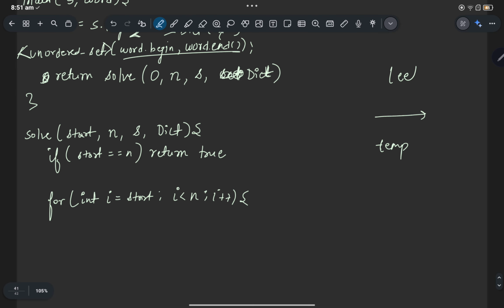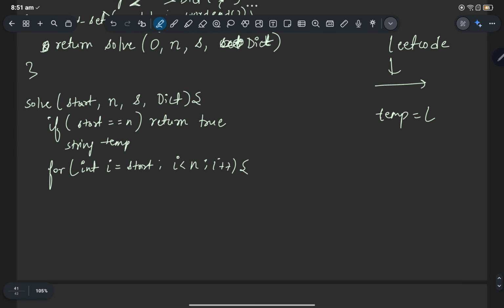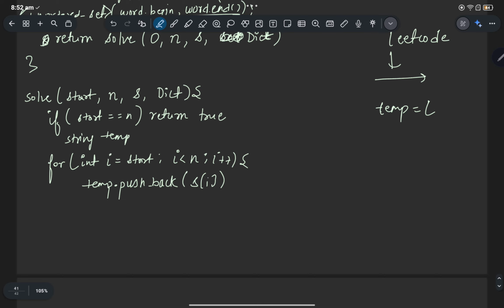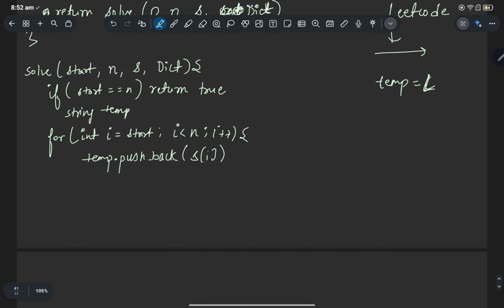For example, we are having leetcode now, so we will first store L. Let's write it here. So we'll create a string temp. At every index we go, we push our value to our temp, like this: temp.push_back(s[i]). So that means now our temp is holding L, and then we will check for L, that if